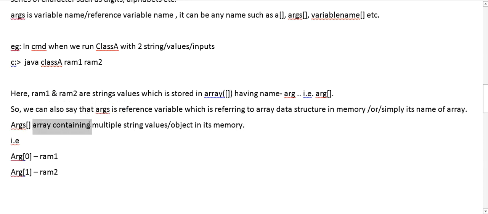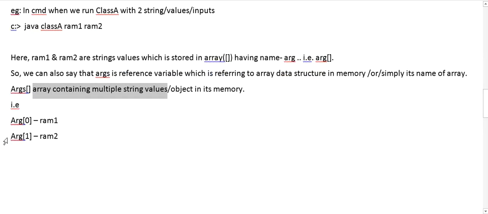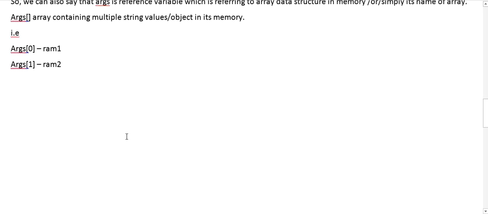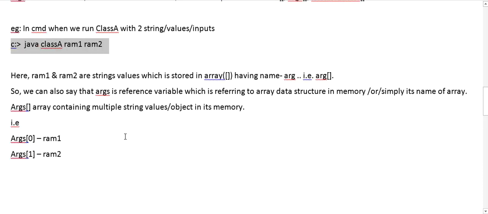So in the zeroth location it is containing ram1, and in the first location it is containing ram2. So it is locating the elements by index, something like a0, a1. The array starts from the a0 location. So something like this, it is placing the strings into the array in our memory.